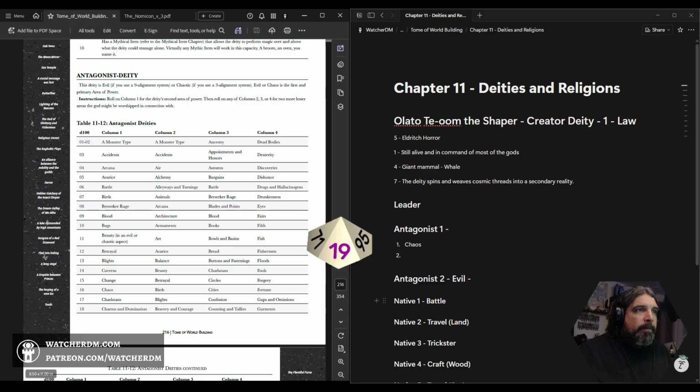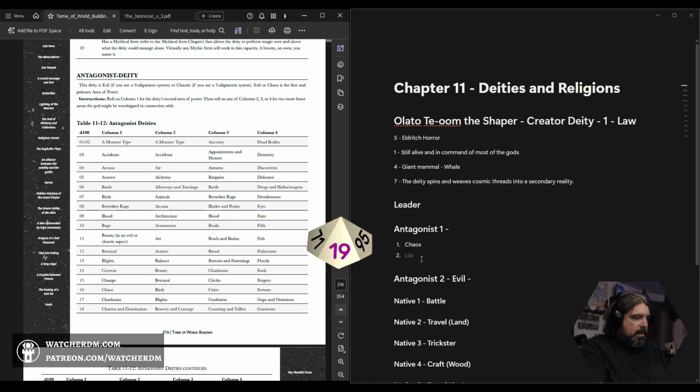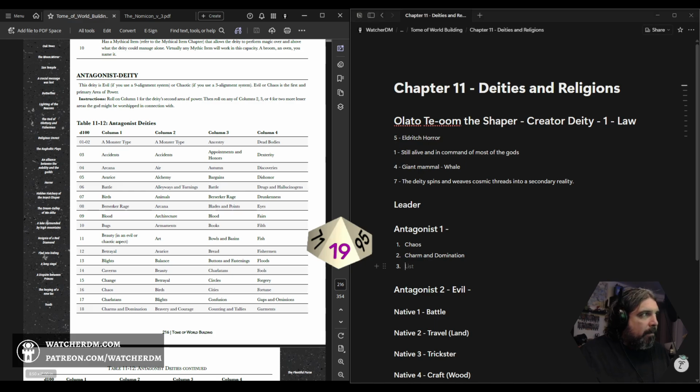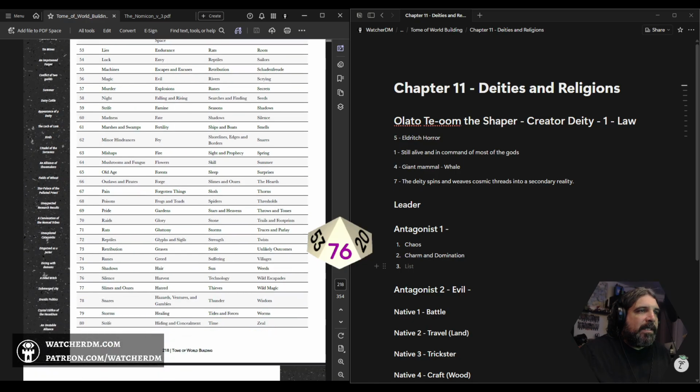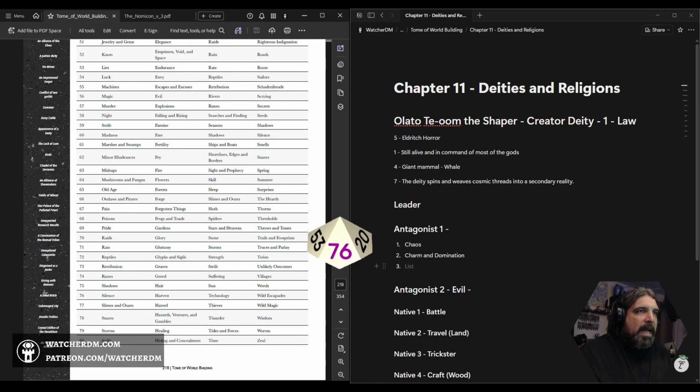So 19, Chaos God is about charm and domination. I don't hate. And then 76. So we'll take a look at 76 across these last 3. We get harvest, technology, wild escapades.